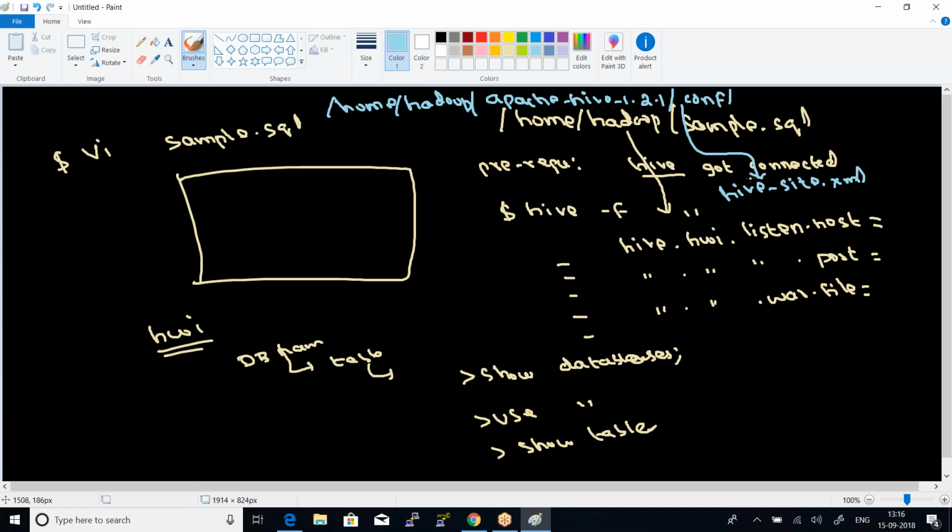Under the hive-site.xml file, you need to specify this. It needs to be specified as a name and value pair, a key-value pair. You have a name tag, and under the value you need to specify the value. You want to specify hive.hwi.listen.host. You need to specify the IP address of the machine,